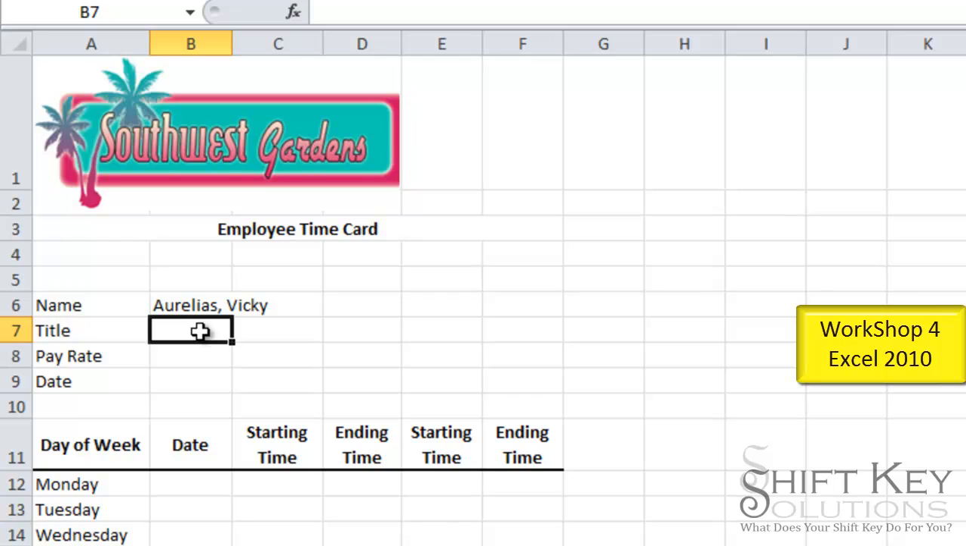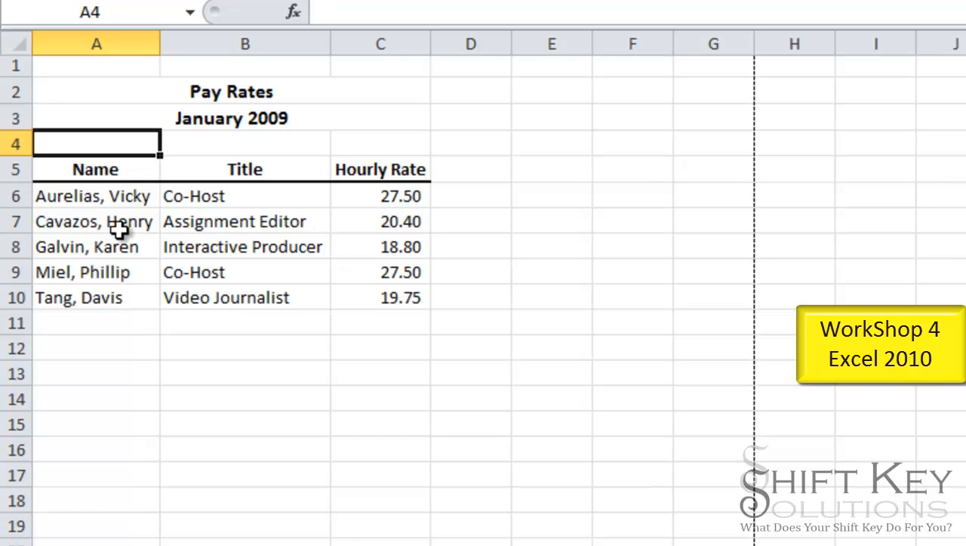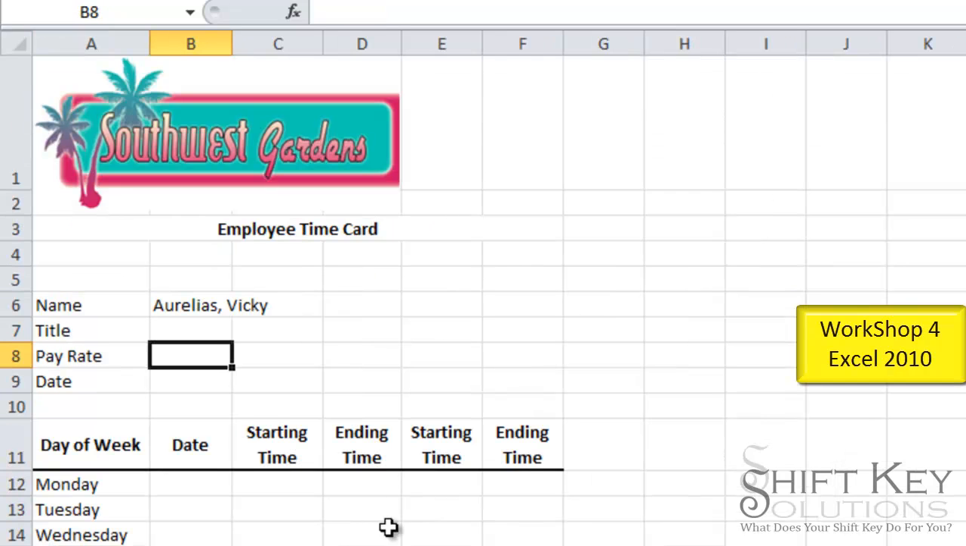Well, there's a simple formula that we can type in that will do all of this work for us. Anytime we type a name in here, it'll display automatically what their title is, and then eventually what their pay rate is. Because if we go back to the pay rate table here, we can see that we have name, title, and hourly rate. So if we come back to here and we go to cell B7 and type in this formula,